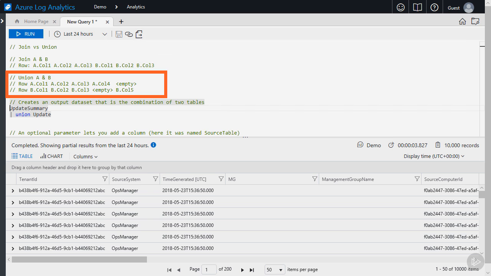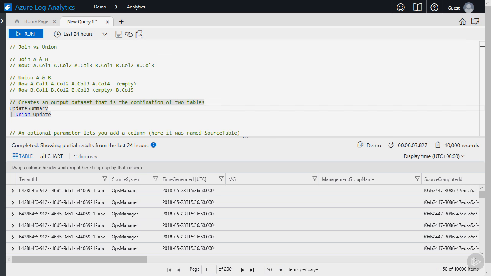In a union, each row has data from one of the two tables. On the first row, I have the data from table A, A.col1, A.col2, A.col3. And then the second row, I have the data from table B, B.col1, B.col2, B.col3. When the same column name exists in both tables, union will put that data in that column. So you can see all data from col1 goes into the same column because the name is the same for